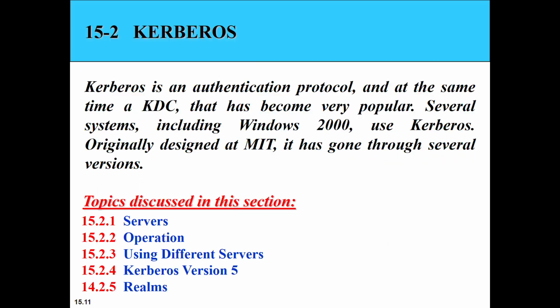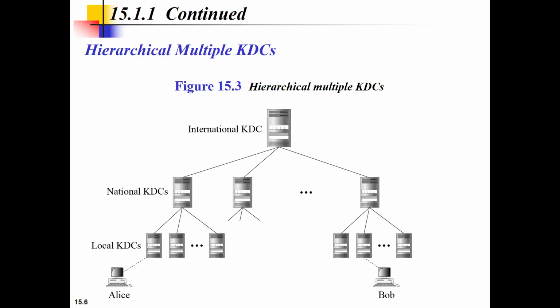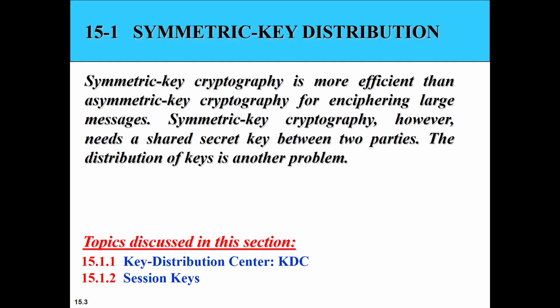So in the key management chapter we have two concepts. Firstly, symmetric key distribution. As we discussed, the reason we use symmetric keys rather than asymmetric keys is that symmetric keys are simply more efficient. Now there are two concepts called symmetric key distribution and symmetric key agreement. In symmetric key distribution, we use a device called a KDC, key distribution center, which does the task of distributing the keys.